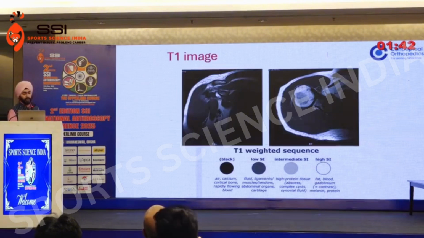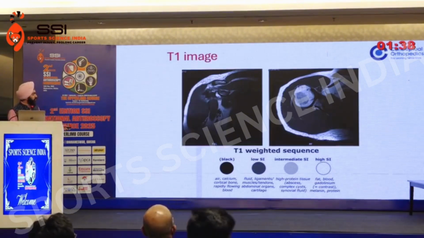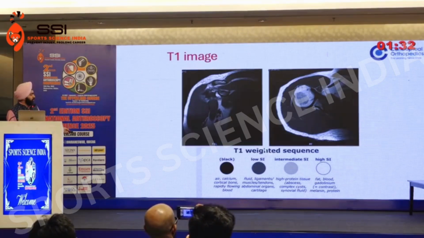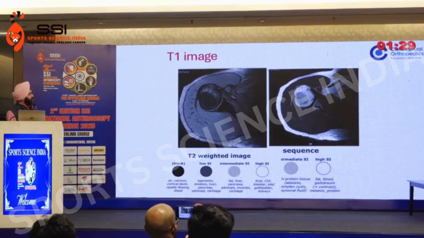Just talking about what is T1, I won't go into radiologist words. This is what T1 looks like. The muscle is dark grayish, the marrow is whitish. You always have fat here. Compare this to a T2. The muscle becomes light gray and the marrow becomes blackish. So this is T1, T2.